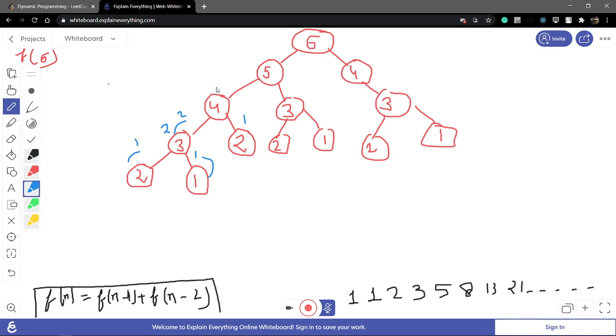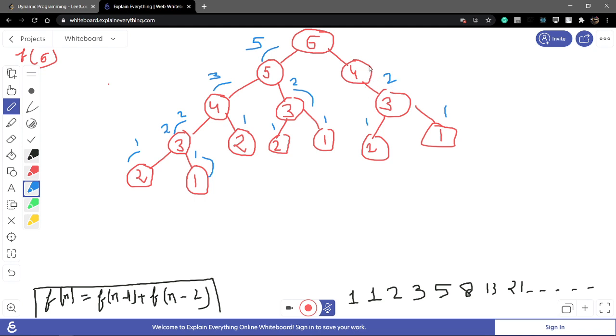This computation is 3, so it returns 3. For the fourth element, firstly I find the second, that is 1, and the summation gives 2, and this 3 and 2 return 5. Now for 4, I already know it. I have the third element and the second element, and the summation of the second and first elements is 2, and the third element returns 2.